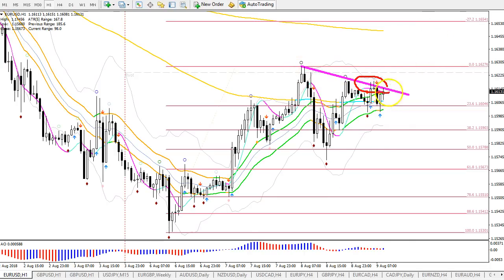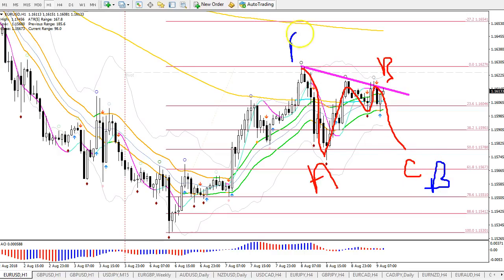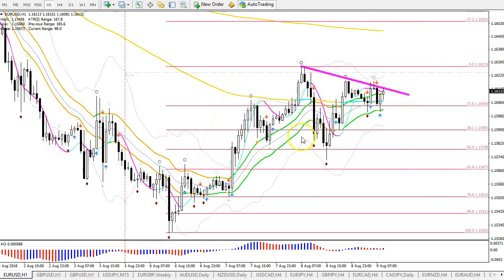If it doesn't break above the 21 EMAs here, if it doesn't break above the resistance trend line, the Keltner channel, and the weekly pivot point, then what could also happen is that this is one leg of A, this is wave B of B, and this is wave C of B. So you have an A, B, C correction within that B, and then you get the upside for the blue C. All right. So, but in any case, you can see how important it is to look at patterns, I